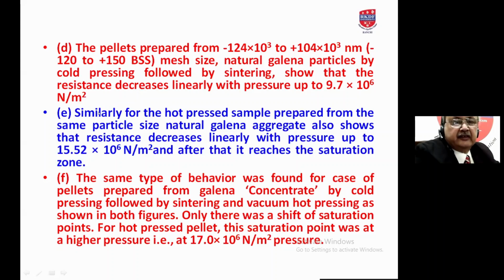Newton per meter square. Similarly, the hot press sample prepared from the sample particle size, natural galena aggregate also shows that the resistance decreases with pressure up to 15.52 × 10^6 Newton per meter square, after that it reaches the saturation zone. Similar behavior was found for galena concentrate